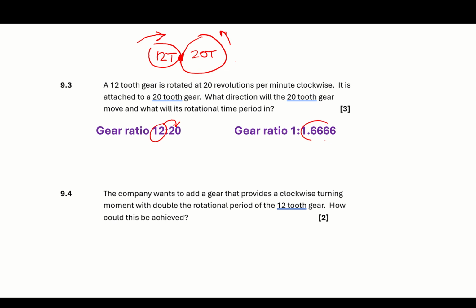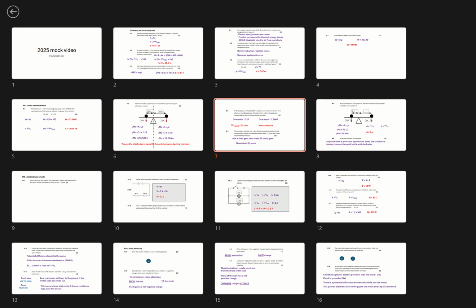Well, I've got my number 1.66, and clearly I'm going to have to divide the rotations by it to make a smaller number. So 20 divided by 1.666 equals 12 RPM, and it's going to go anti-clockwise. The next one is the company wants to add,